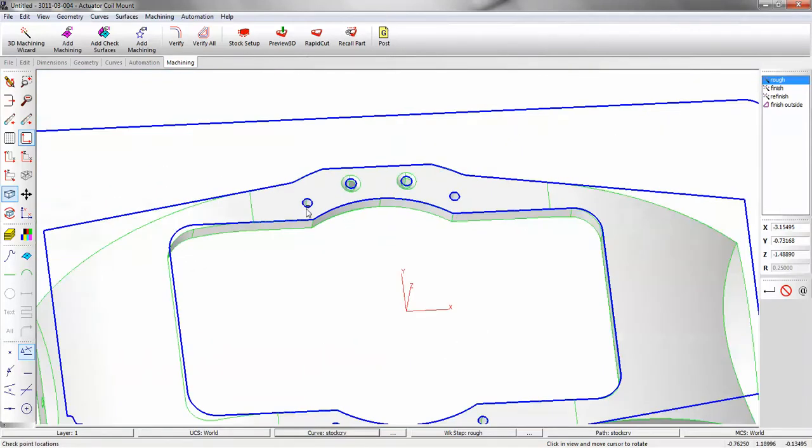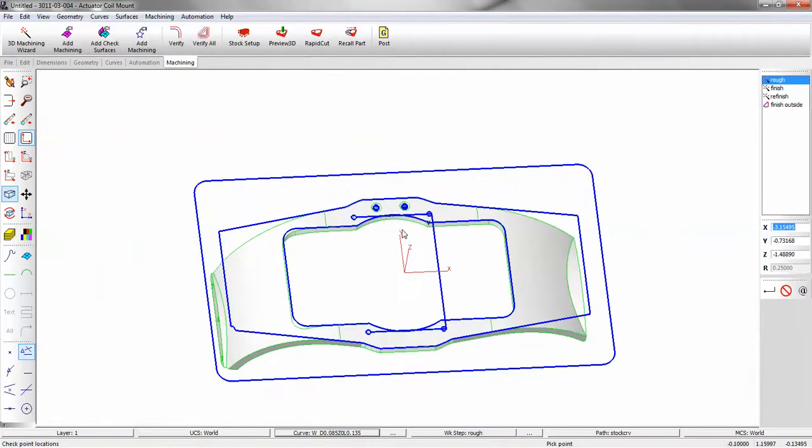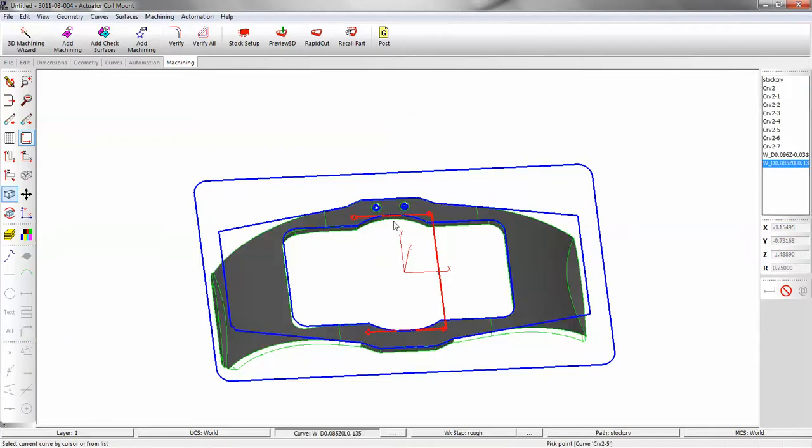You can drill holes here. We have hole recognition. And the line that goes and connects the holes represents that these holes are the same diameter, the same depth, and the same starting point. So if I make that my active curve,